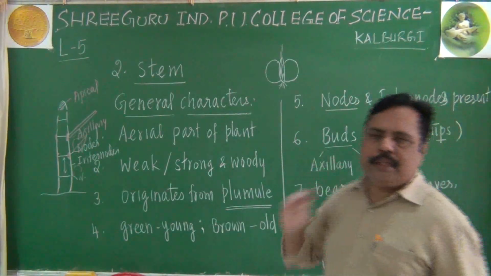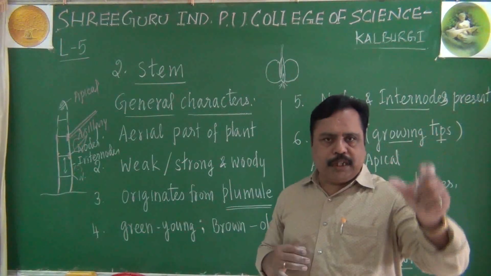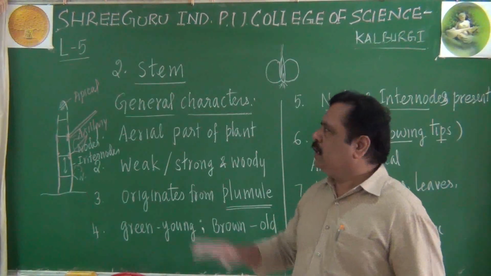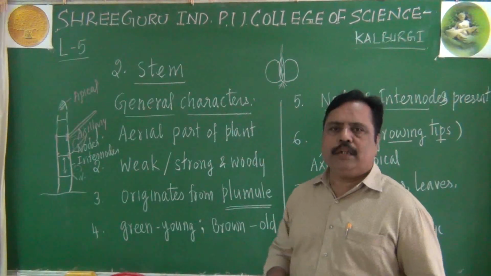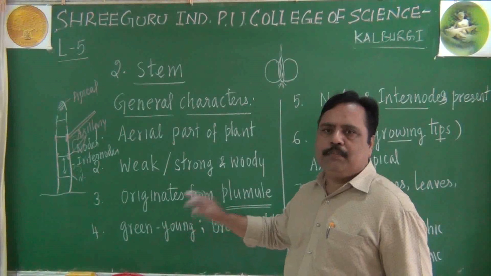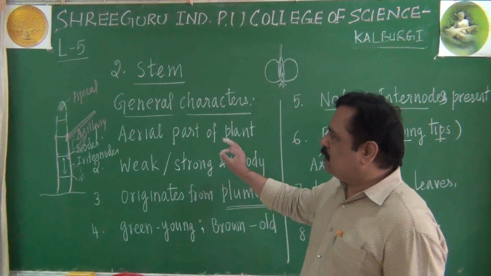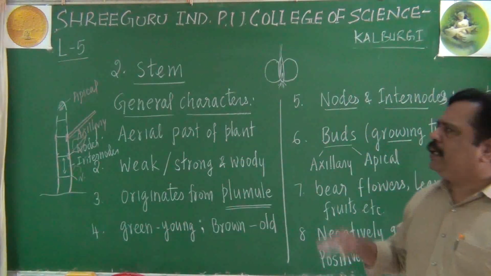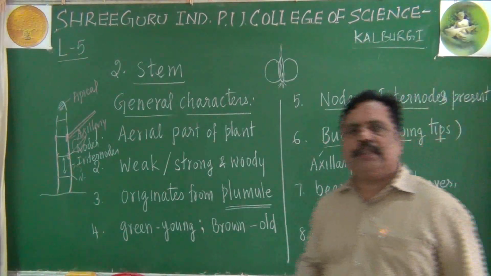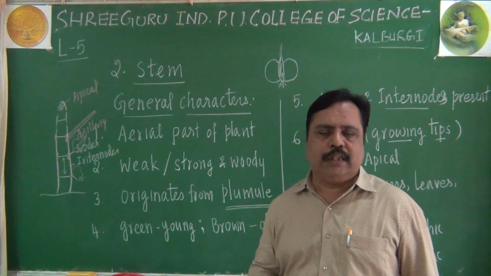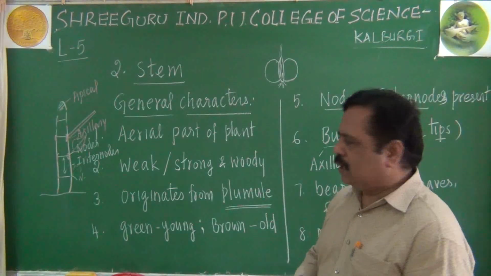They will be exhibiting all these points. So we completed root modification in today's class, especially regarding physiological modification. Then I told you another 5 mark question, general characters of the stem. In 3 marks if they ask, you have to write some important 3 points. In 5 marks you can write some 5 points like that. So with this we are completing this class. Okay, this is about stem general character. Even in stem also there will be modifications, just like root there will be modification. About them we will be studying in the later classes.